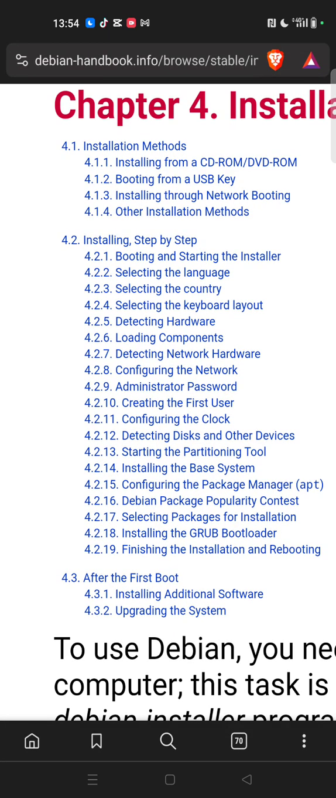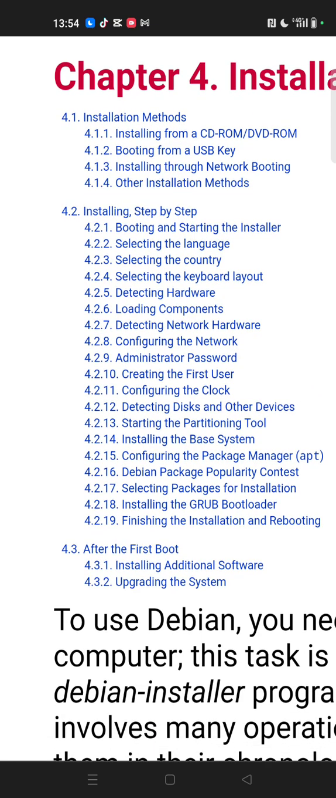Installation methods contains installing from a CD-ROM, DVD-ROM, booting from a USB key, installing through network booting, and other installation methods. Installing step by step includes booting and starting the installer, selecting the language, selecting the country, selecting the keyboard